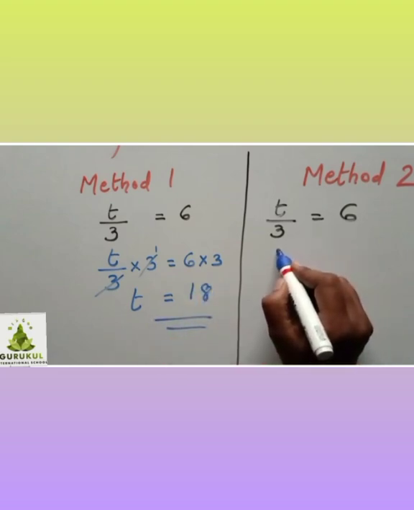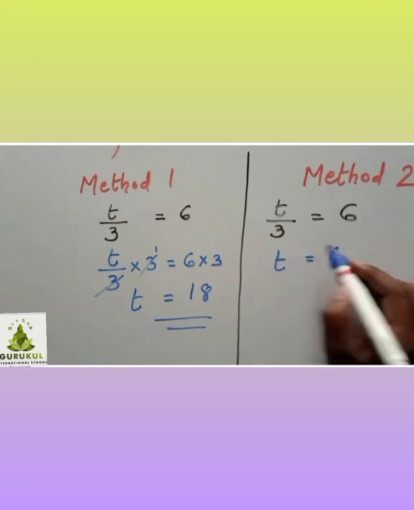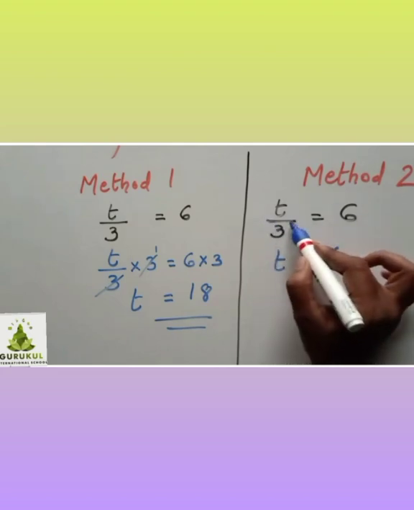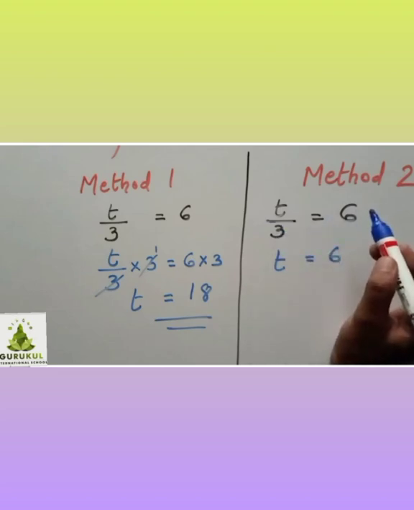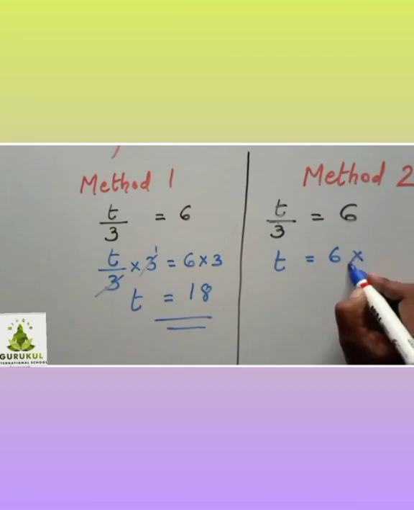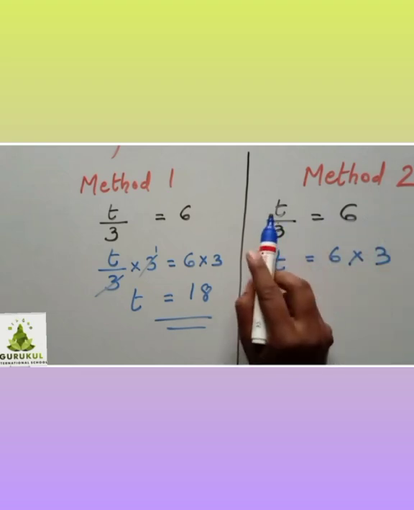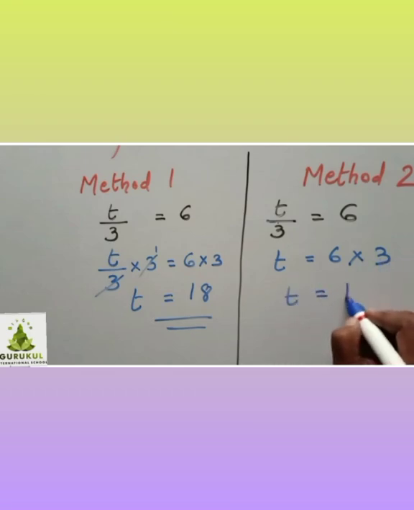Now what is the answer for this? t equals, now see here carefully. Here it is 6. Now I don't want this 3. How will I take it to the other side directly? It is division, upon 3. Division's opposite is multiplication. Multiplication's opposite is division. So when division goes to the other side, it will be in multiplication, into 3. Is this clear to you? It is in the denominator, so it will go to the numerator. If something is in the numerator, it will go to the denominator. Is that clear? Now this way you will get t equals 18.